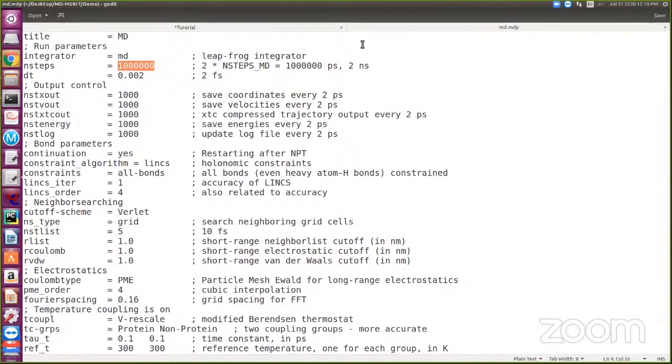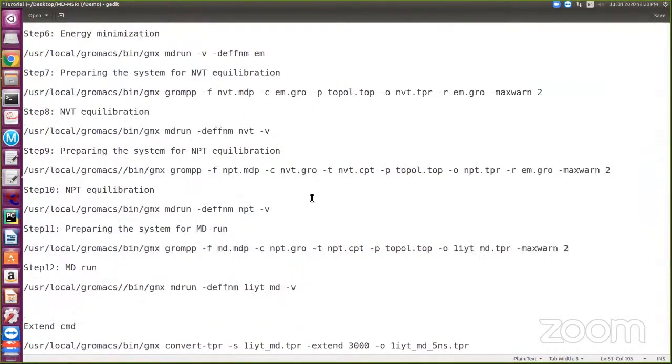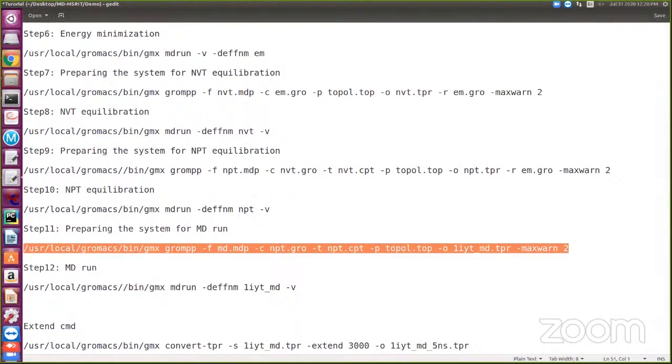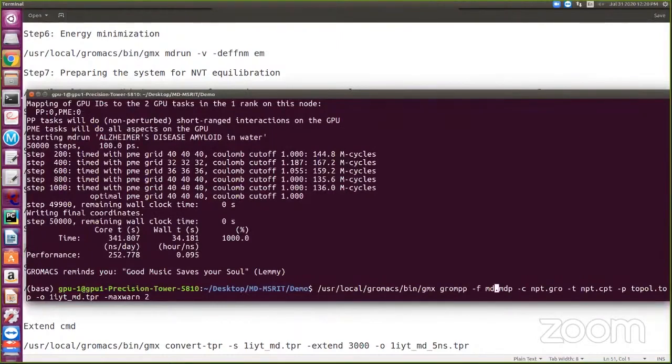Okay, so better I'll do one thing. Instead of 10 lakh, I'll give 5 lakh because 1 nanosecond will be much faster. Can I make it 1 nanosecond? Yes, sir. That will be sufficient. Yeah, so I'll just perform it now. I changed that. I'll just copy this link and paste here.